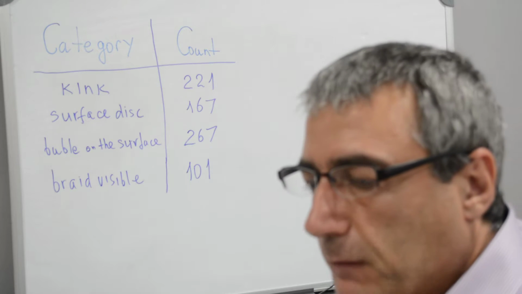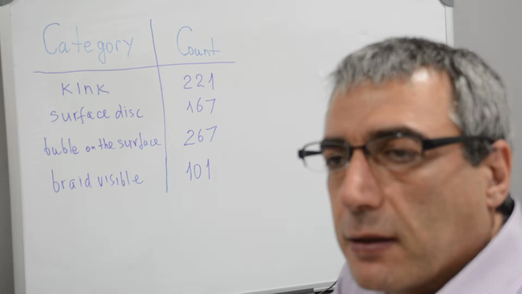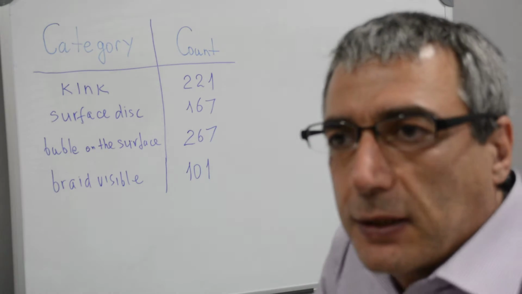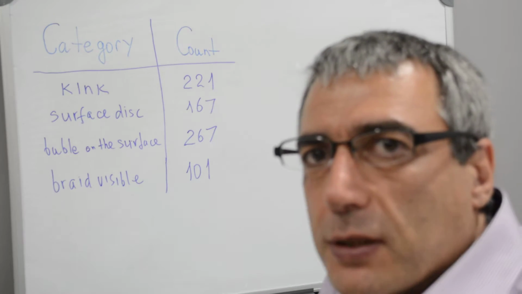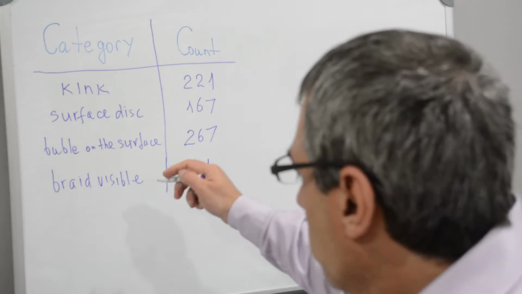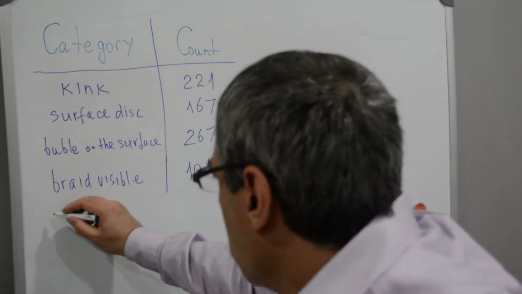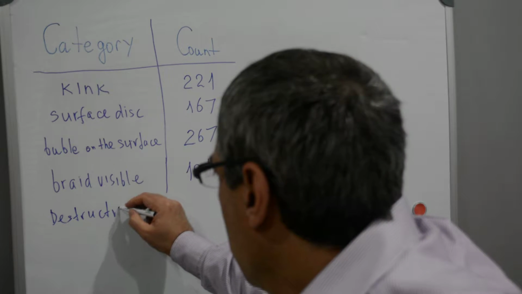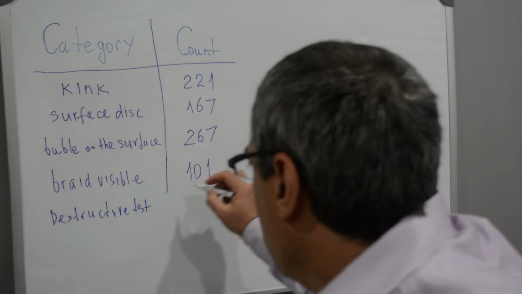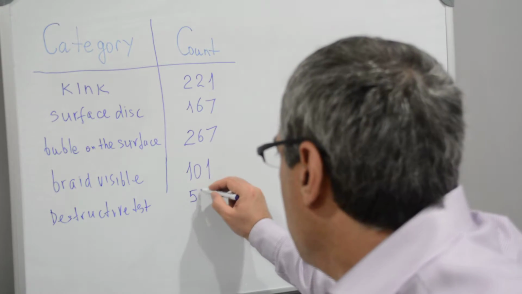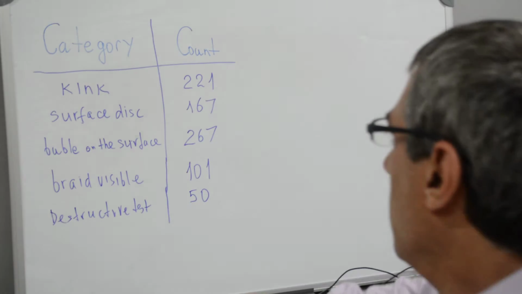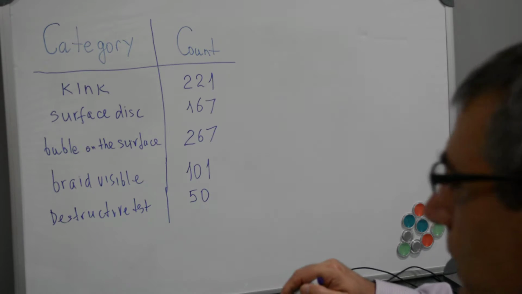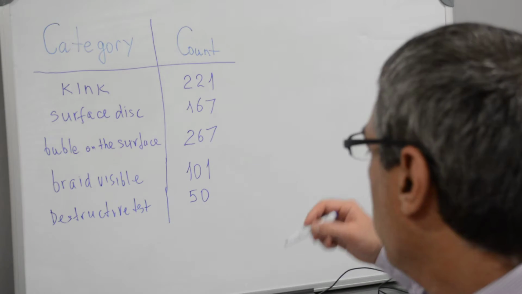Naturally, we test destructively some of the catheters to ensure that we still have a good manufacturing process. So for that particular week, for destructive testing, we utilized 50 catheters. So one of the ways of graphically representing categorical